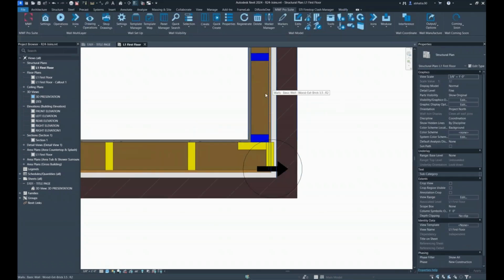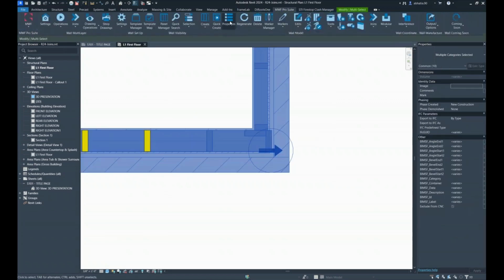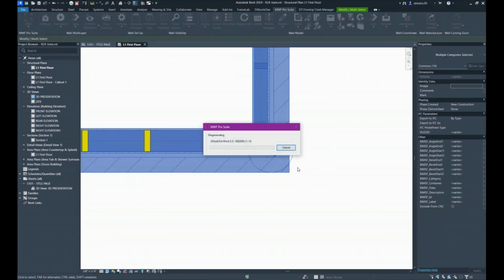Okay, so this wall got regenerated, but the backer stud is technically supposed to be matching whatever it needs to be from this wall. But since I didn't actually apply the join later, I have to regenerate this wall as well in order for me to get the updated join condition, right? So I'm just going to quickly regenerate that, and you'll see